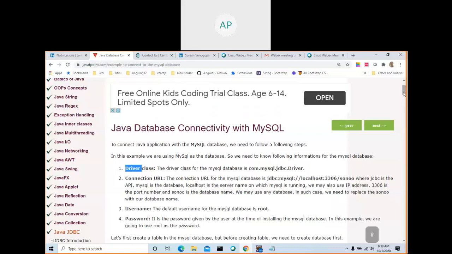So what is the main use of the driver? It acts as an intermediator, because Java does not understand Oracle or MySQL or any software, and Oracle or MySQL or any RDBMS may not understand Java. So there should be an intermediator, that is the driver. This driver is created by the RDBMS product people, or Java people write it, but anyway you need a driver. A driver is nothing but a jar file which contains a number of classes and knows how to connect.